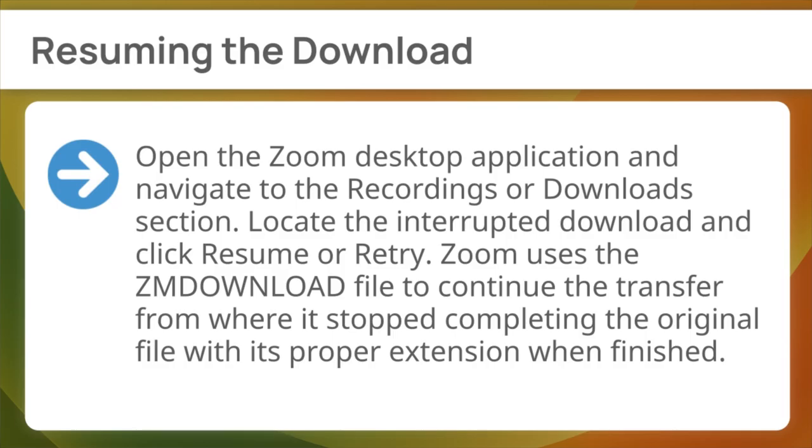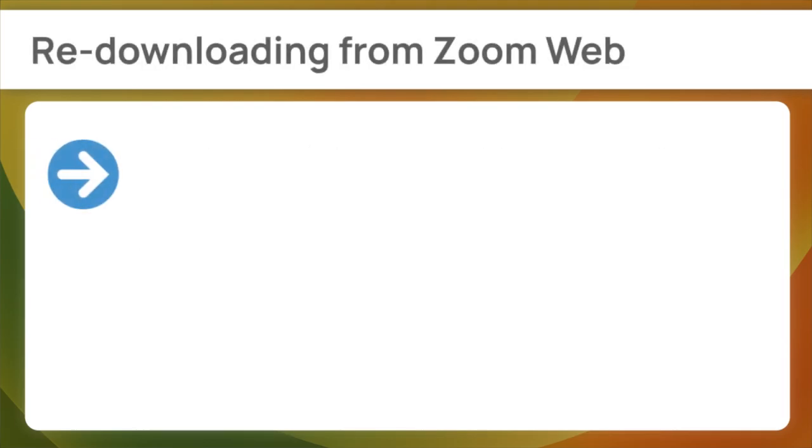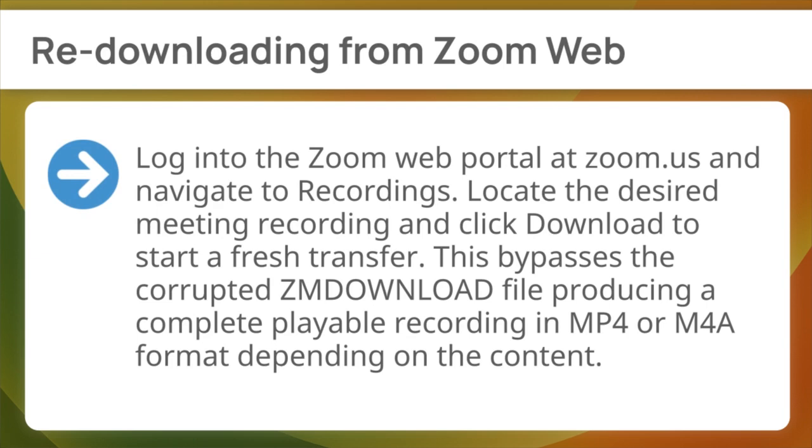proper extension when finished. Next, redownloading from Zoom Web. Log into the Zoom web portal at zoom.us and navigate to Recordings. Locate the desired meeting recording and click Download to start a fresh transfer. This bypasses the corrupted ZM download file, producing a complete playable recording in MP4 or M4A format depending on the